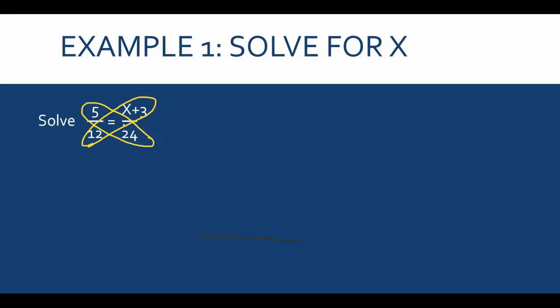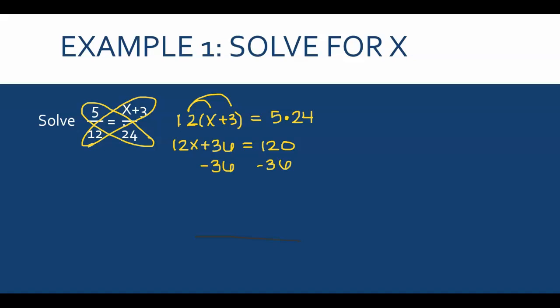So that means you have 12 times x plus 3 equals 5 times 24. And when you have a constant being multiplied by a quantity, we have to distribute. And then 5 times 24 is 120. And now it's like solving equations from the last area that we worked on. So you're going to take 120, subtract 36, and then you get 12x equals 84. Divide both sides by 12. And we get x equals,